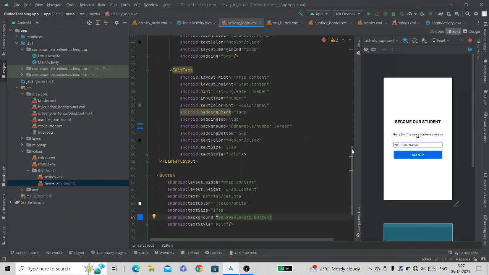Now we want that when we click on this button, a progress bar should be visible in the place of this button until the process completes in background. So we'll create a progress bar in the same place where the button is located. And we know that we use frame layout to overlap the views on top of each other. So let's create a frame layout after this linear layout.